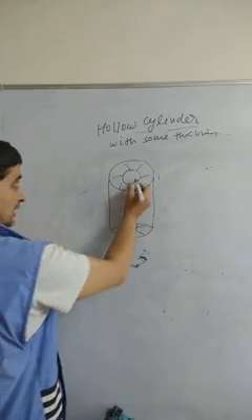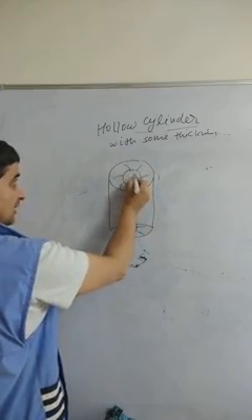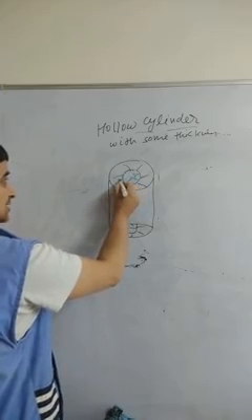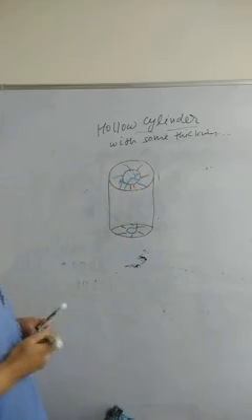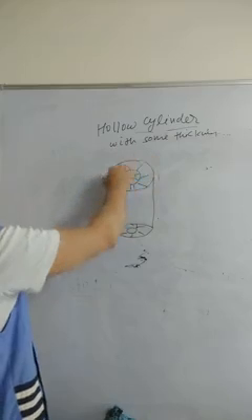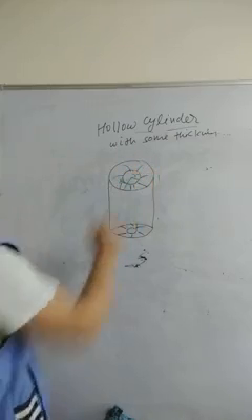So it has two radii. This is called the internal radius with the small r, and this is called the external radius with capital R. This whole part is solid. This is made up of material. This is only the hollow part.